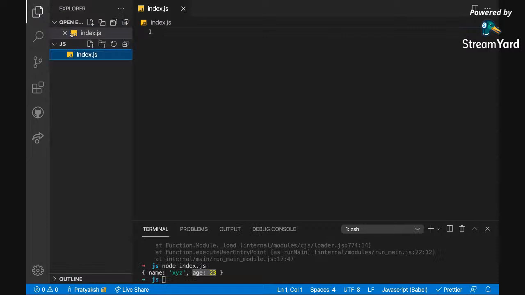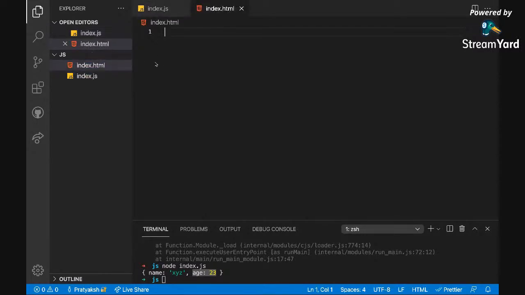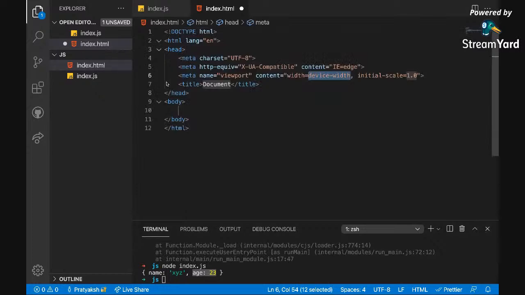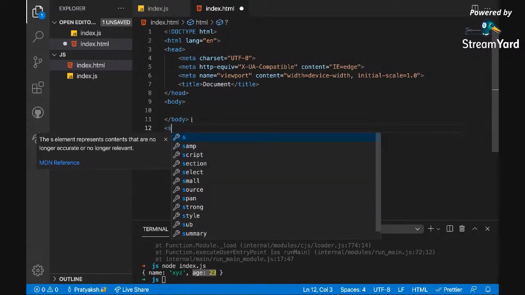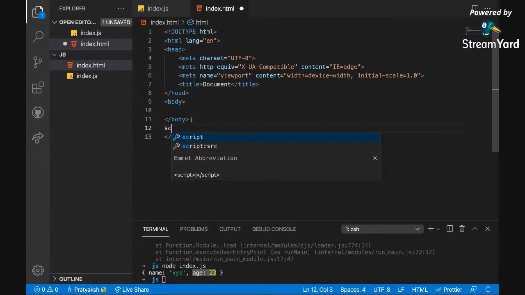Now we are good to add an HTML file to it and start HTML. So this is your boilerplate HTML, in which you have a head and you have a body. Now we also have a tag which is called the script tag.